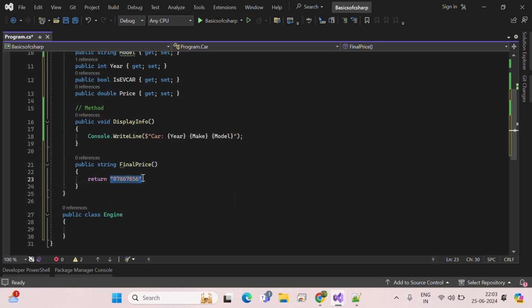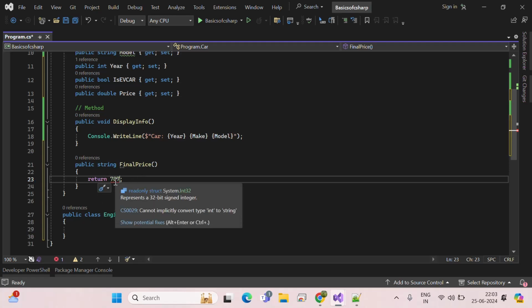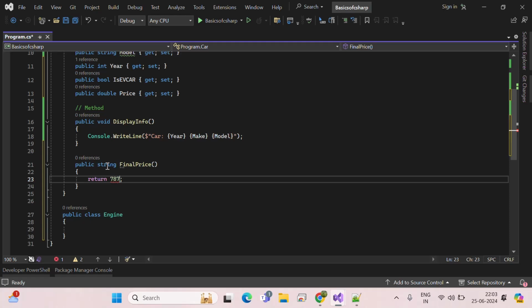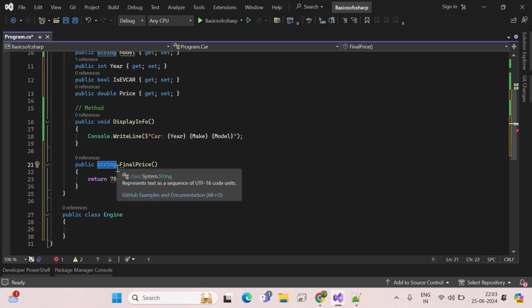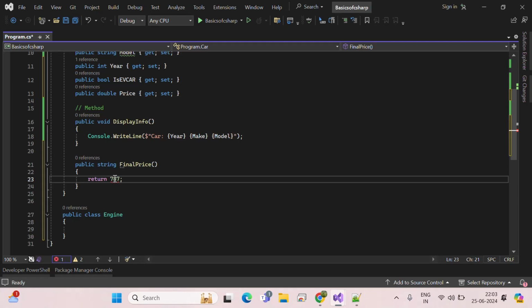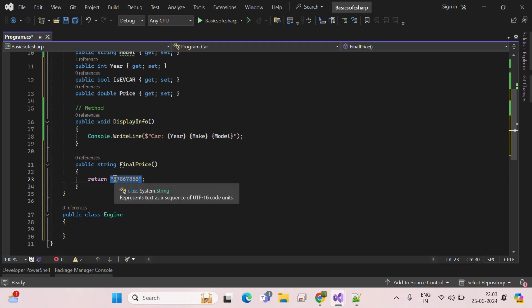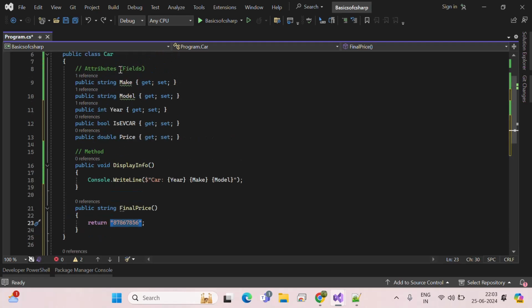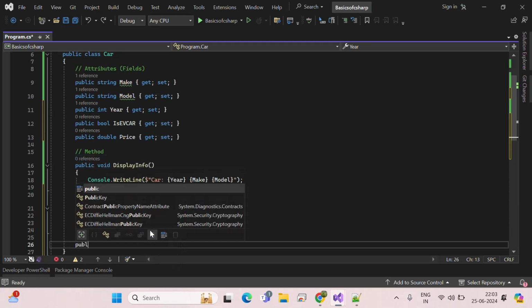If I remove this string and give some integer value, it always throws an error like this: you cannot implicitly convert integer to string because the return type is string. So that's the reason we can't make it an integer. That's the way we can define the class with different properties like attributes and different methods like void and string, and also I can give some other attributes like methods,